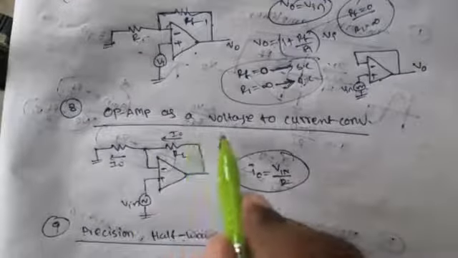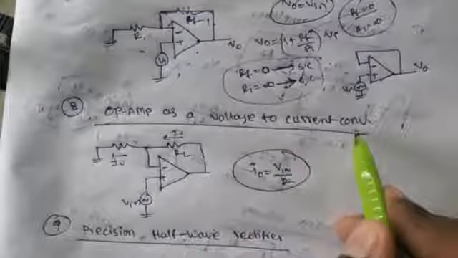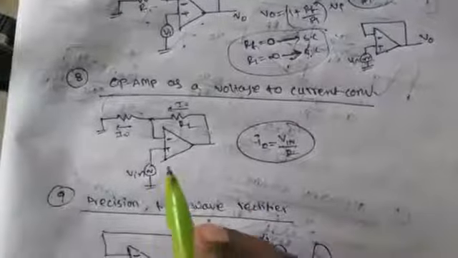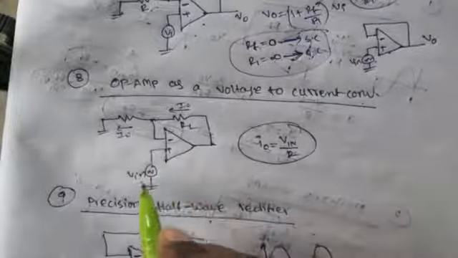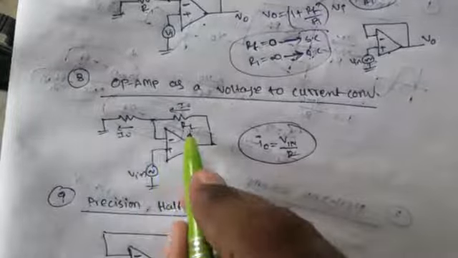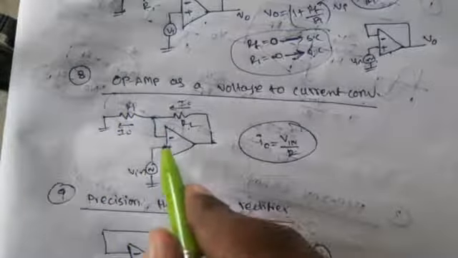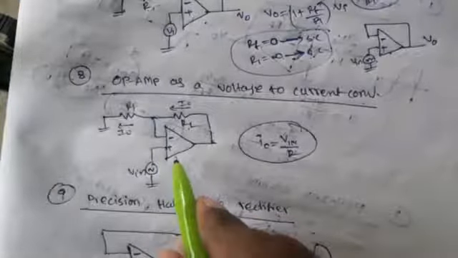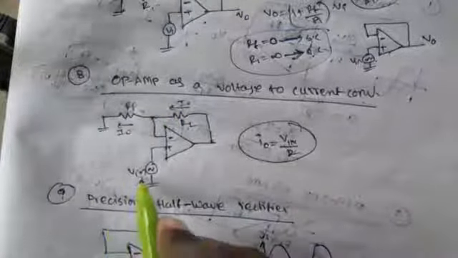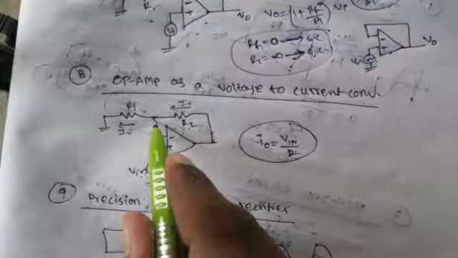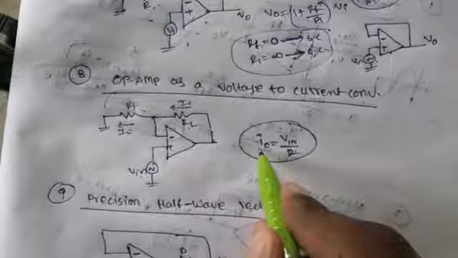And operational amplifier as a voltage to current converter. So you can take this one as a non-inverting mode operational amplifier. Here the feedback path resistance will be there and here the input side resistance will be there. There is no current entering into the operational amplifier, which means whatever the output current is, it flows through the entire network. The input voltage we are applying here, this input voltage is applied only at this point. So output current is equal to voltage by resistance.